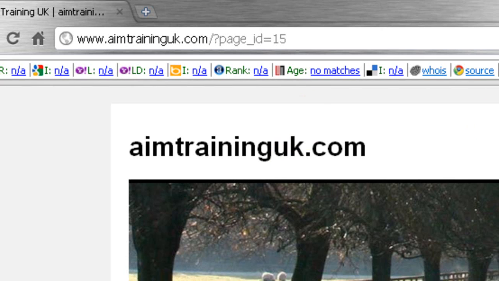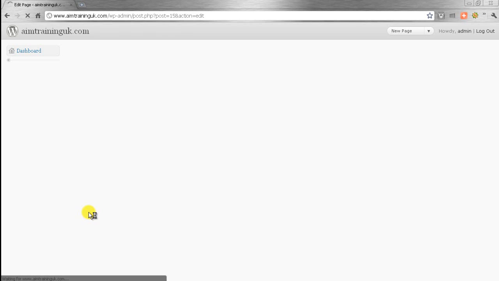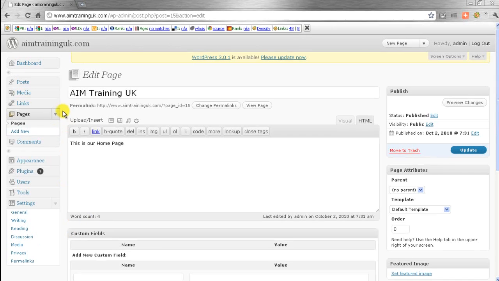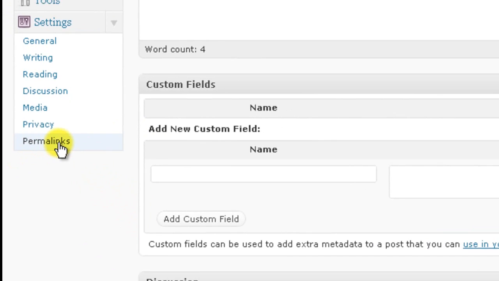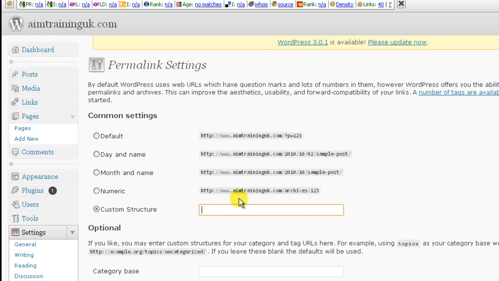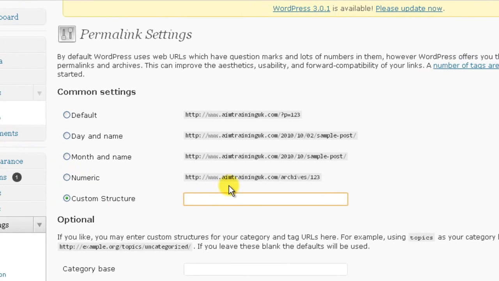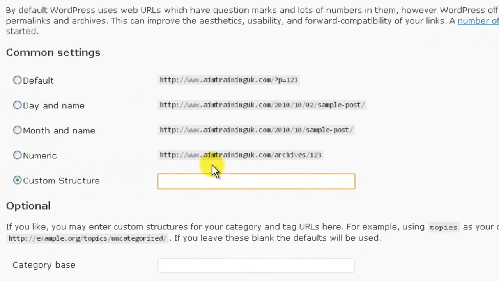So let's go back into the administration section of WordPress, and we're going to go down to permalinks. And what we're going to type in here, we're going to do it as a custom structure. We're not going to use what they use as any sort of default structure. You should do this every single time. Let's put a custom structure in, and what we're going to type in here is